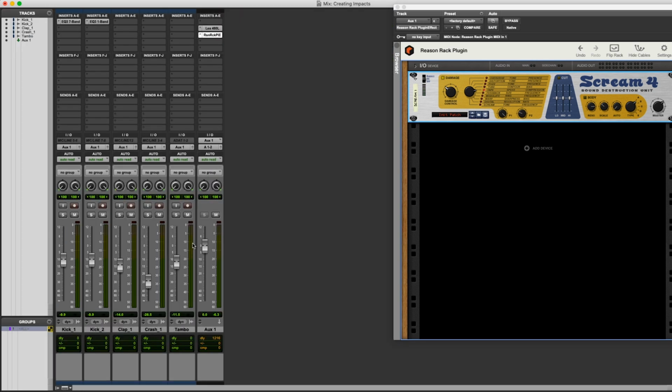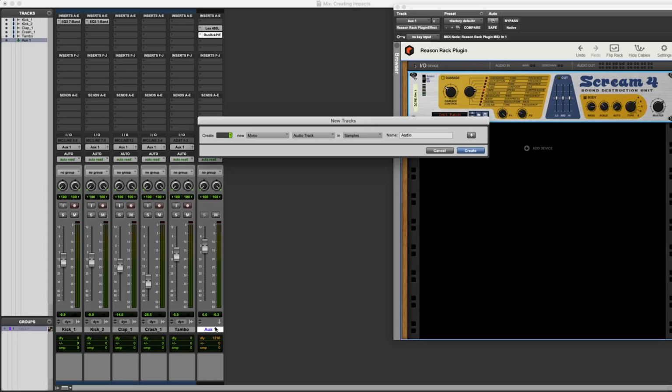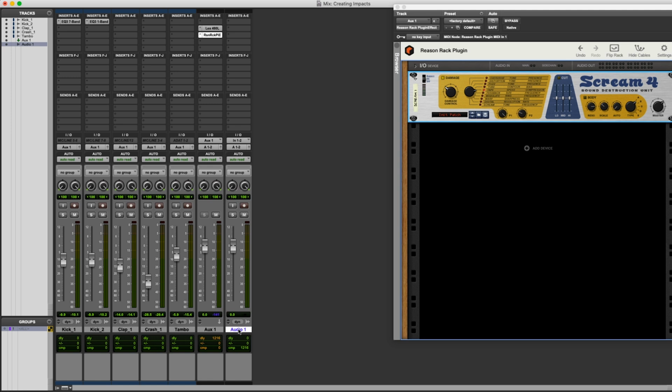And let's raise the level of this tambourine a little bit too. That way we really get that ping going in there. Yeah, I like that. So we've got ourselves a general impact sound. So let's create another stereo audio track. And we will call this